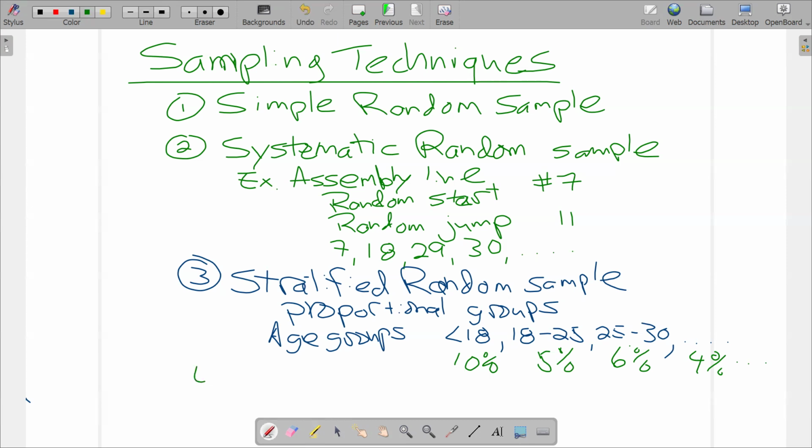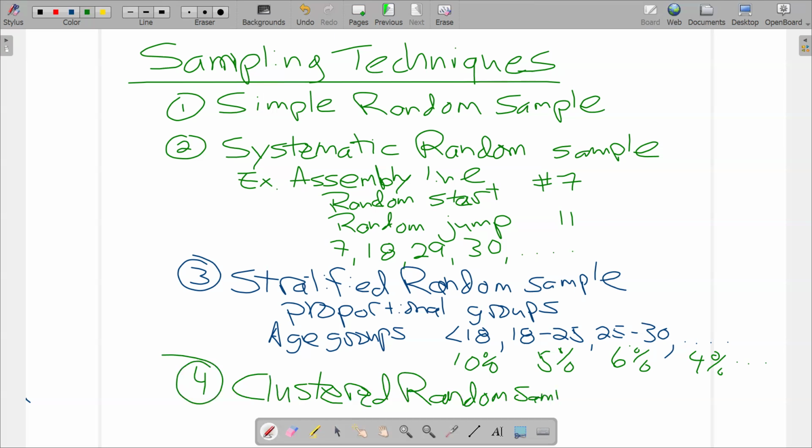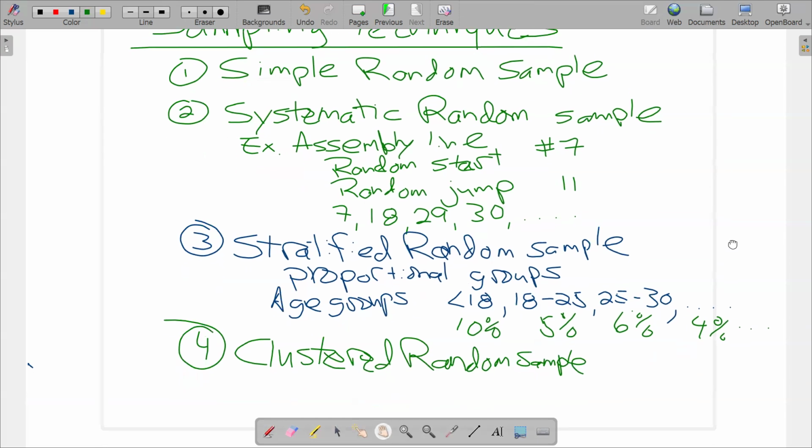All right, number 4 is a clustered random sample. And my best example of a clustered random sample,